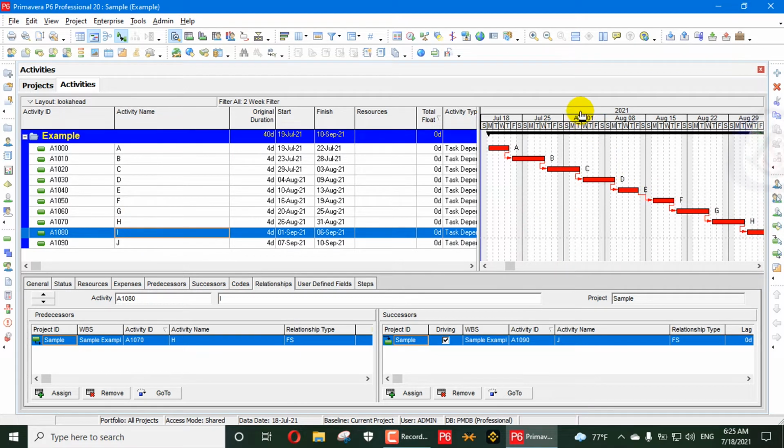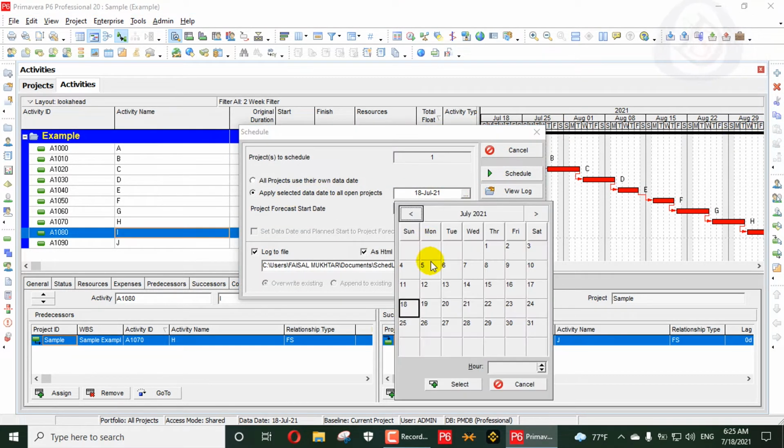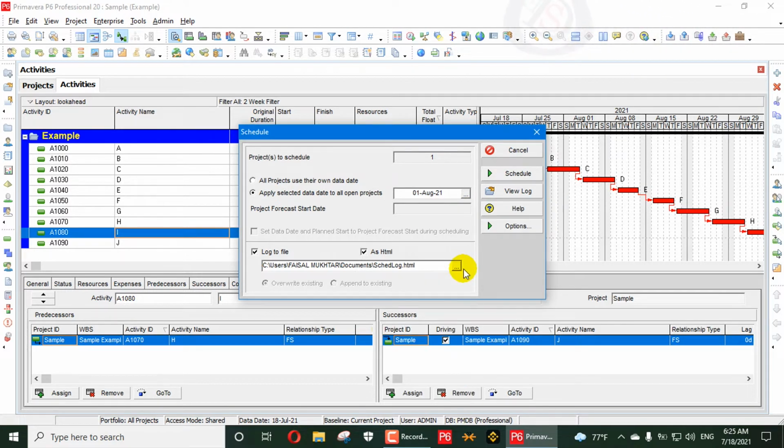For example, today it is 1st of August 2021, and we select this as the data date.